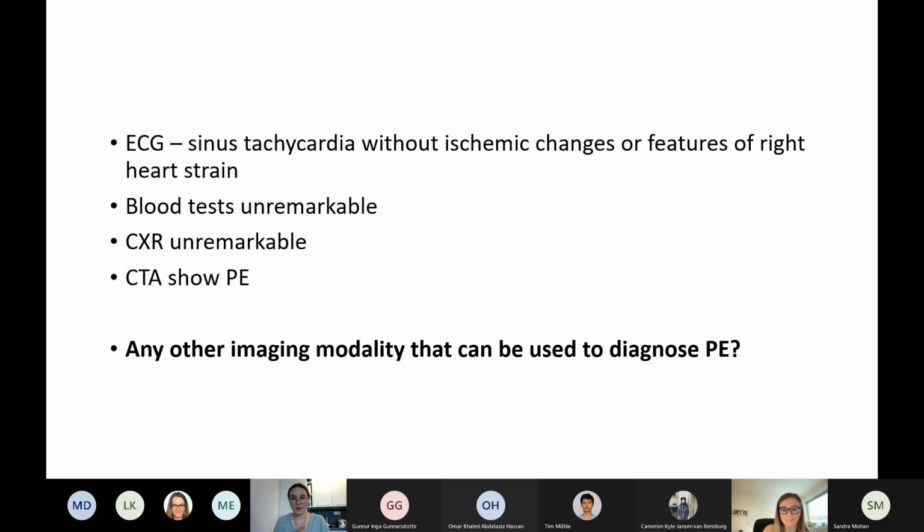And if you have a pulmonary embolism, you will have increased workload of the right heart. So the echo would show an enlargement of the right ventricle, as well as paradoxical movement of the septum. When the heart contracts, the septum moves towards the left side, which is pathological, and it is indicative of higher pressure in the lung circulation. So you have indirectly diagnosed a pulmonary